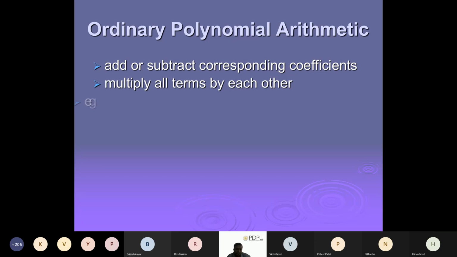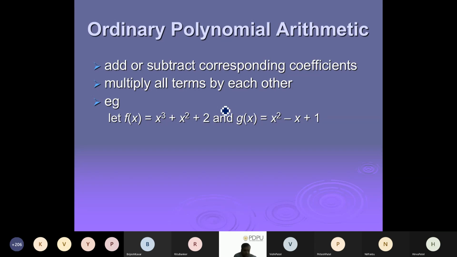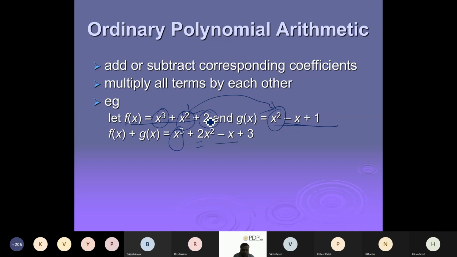Of course, now you have all the equations. So can we try to do the addition and subtraction of two equations? Let's say, for example, in this polynomial arithmetic we have two equations, one is f of x and one is g of x. If we do addition, we have to check that the corresponding degrees are the same. X raised to 3 is unique. Now x raised to 2 and x raised to 2 match, so it is 1 plus 1, 2, because both are positive. Now minus x, there is none here, x is here, and there is a 2 and 1. So if the degree is matching, we use the corresponding coefficients.